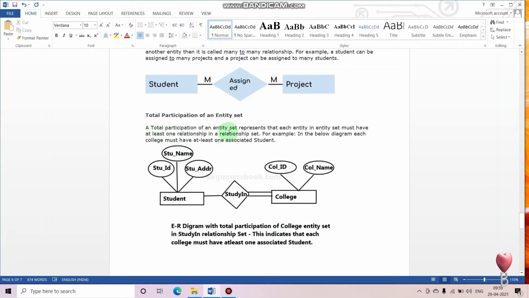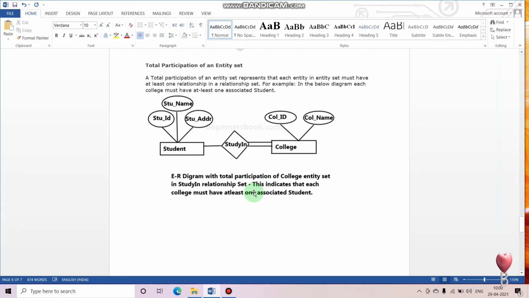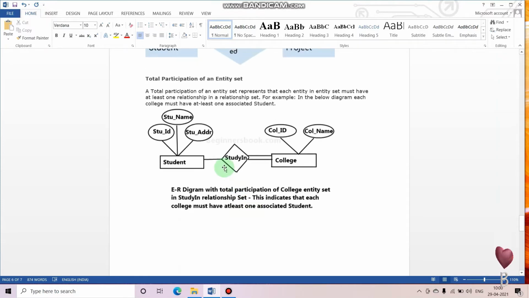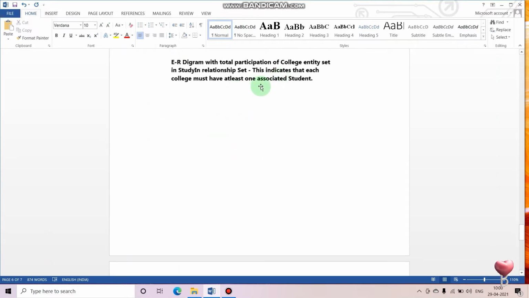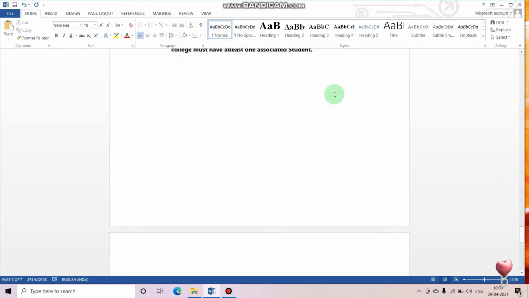A total participation of an entity set represents that each entity in the entity set must have at least one relationship in the entire relationship set. For example, in the below, college must have at least one student. College must have at least one student, that is, one student must be associated with the college.